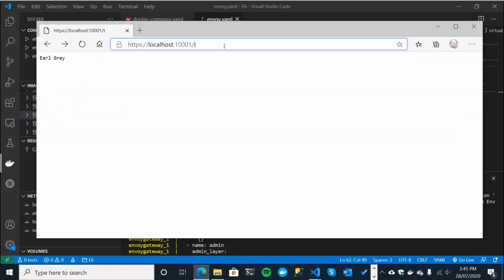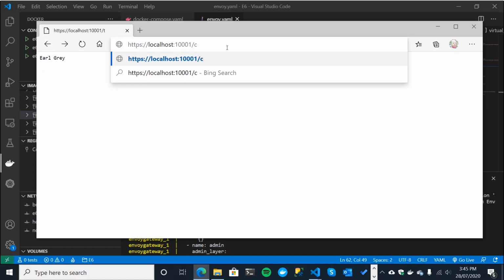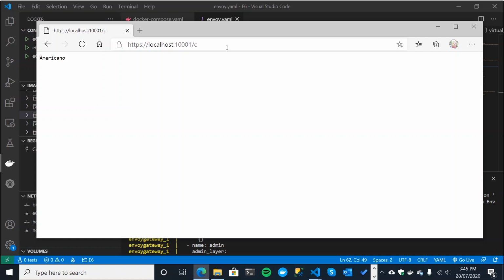So we're going to go here. Just to remind you what happened last time, when we hit the 10,001 endpoint via Envoy, it did take us there, but it then redirected to our native coffee endpoint. We're going to change that now, or try something different and go to the C endpoint. And indeed, it does bring it back, but this time it doesn't redirect because we're using an HTTPS-based cluster. All right, I think we are done.